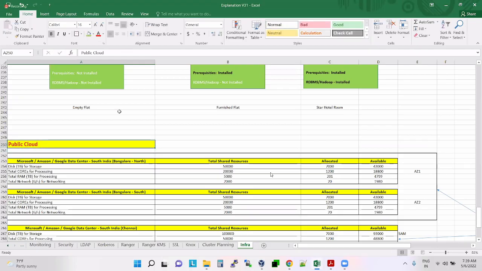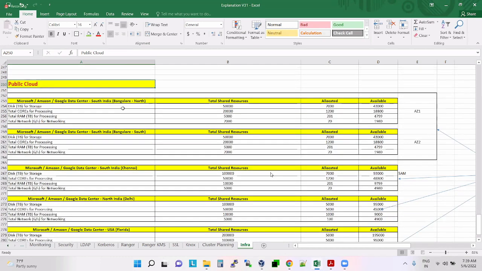So in public cloud, what do they do? There are a few companies who invest money and offer storage and computing resources at a high level, meaning in huge numbers. Who will go for 50,000 TB storage, 1 lakh TB storage?